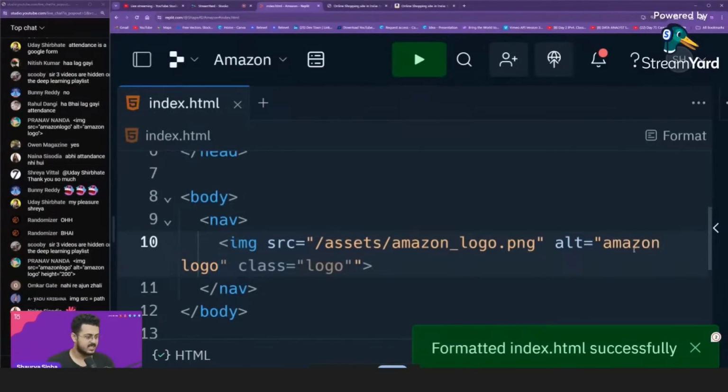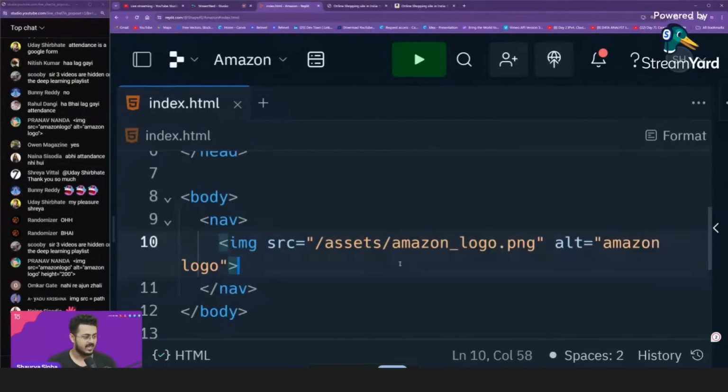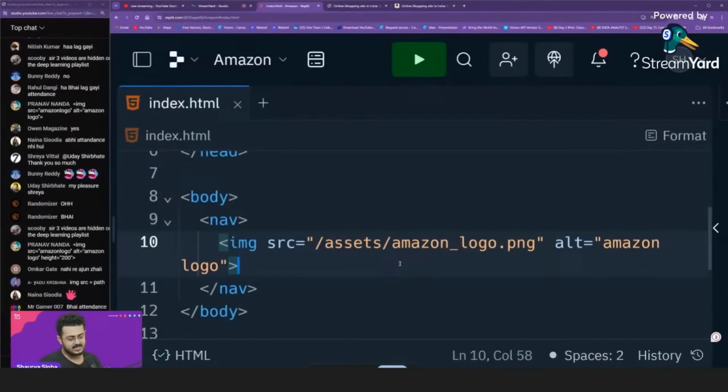Okay, we'll just save it right over here. We don't need to provide a class for right now. Okay, so this is our particular